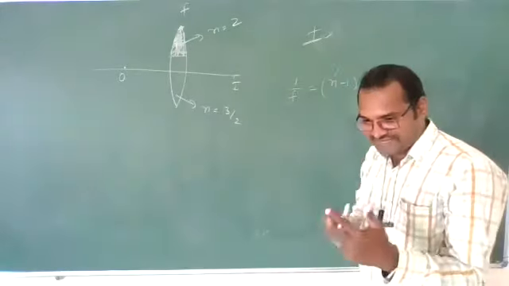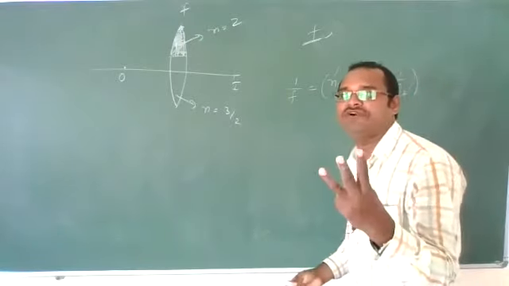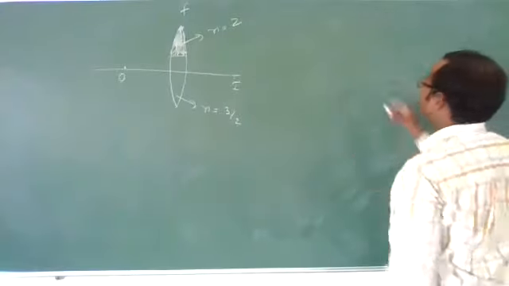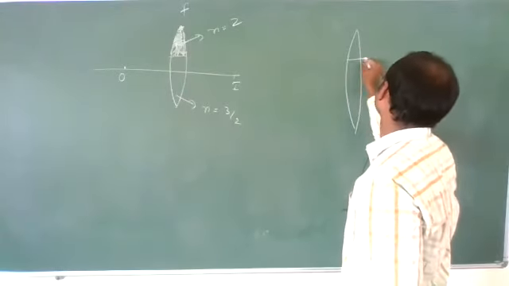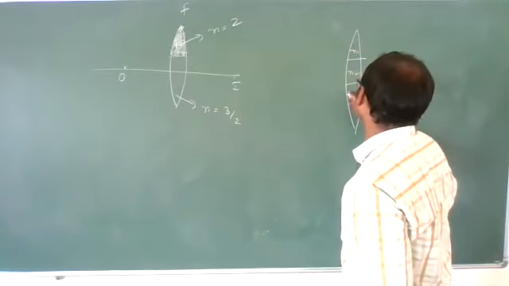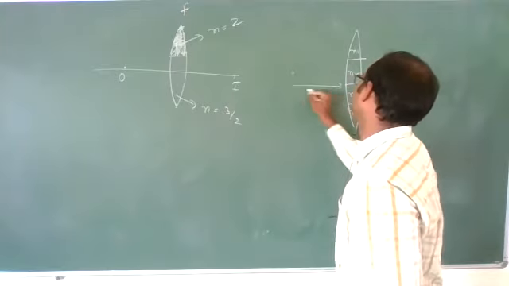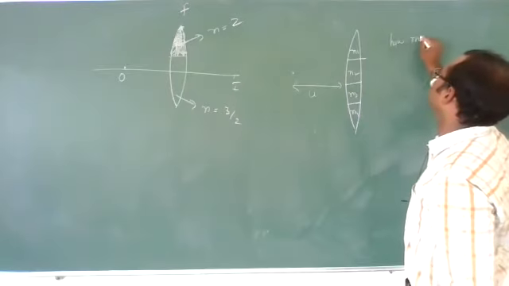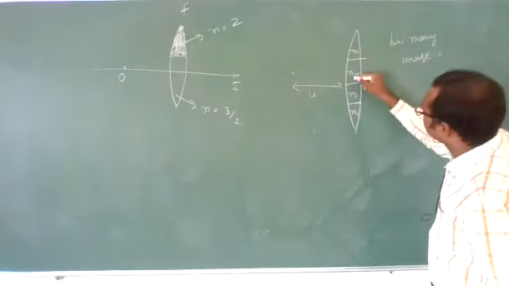If a lens is having two focal lengths, two images will form. If a lens is having three focal lengths, then three images will form. This is a repeated question. The previous question was given like this: refractive index N1, refractive index N2, refractive index N3, refractive index N4. Here one object is placed at a distance of u. How many images will form due to this lens? 1, 2, 3, 4?